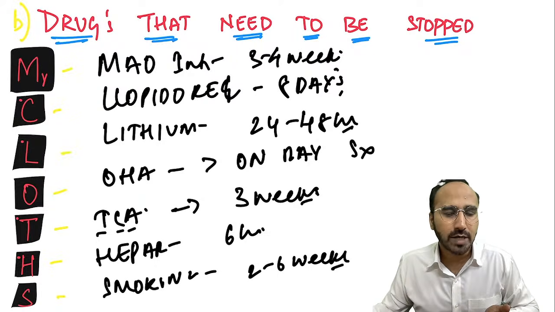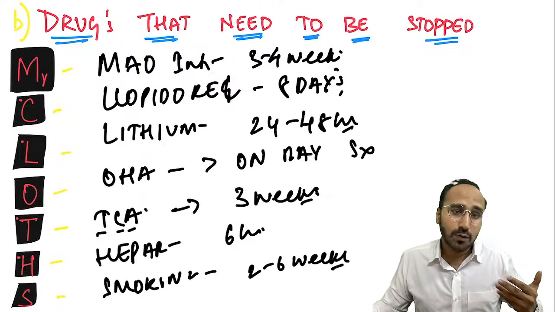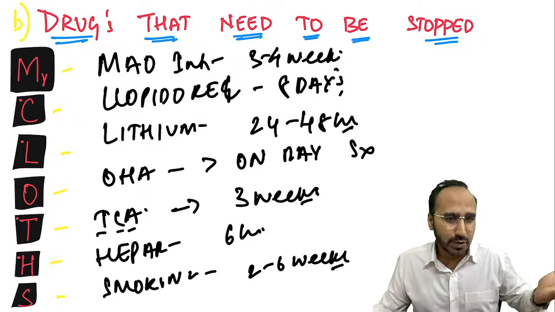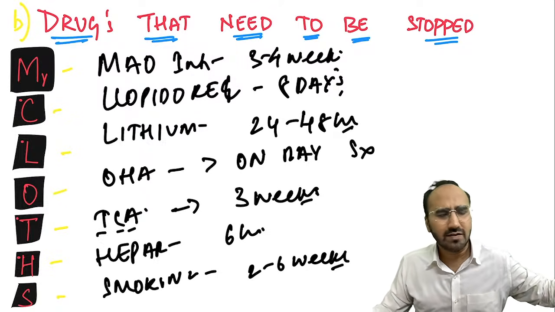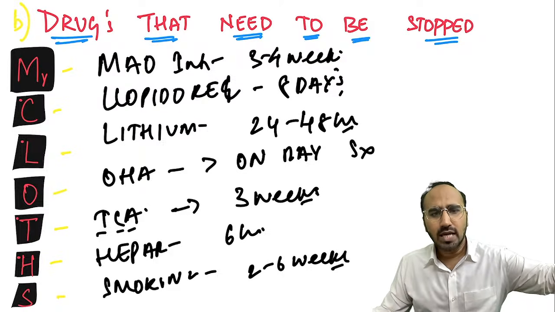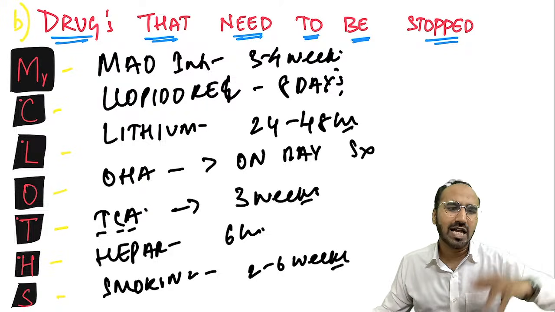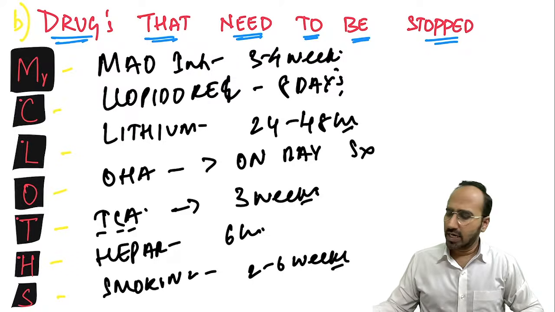We tell the patient to stop smoking, he doesn't. So in that case, you have to prepare yourself or brace yourself for a potential bronchospasm during anesthesia. So brace yourself means what? You are preparing yourself with hydrocortisone, and you are also giving some salbutamol inhalation before taking the patient into the